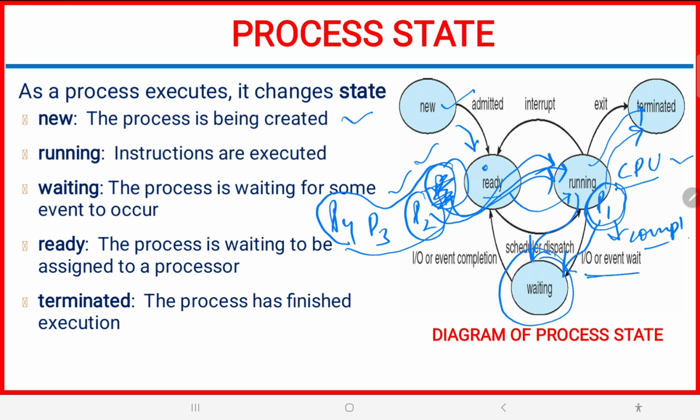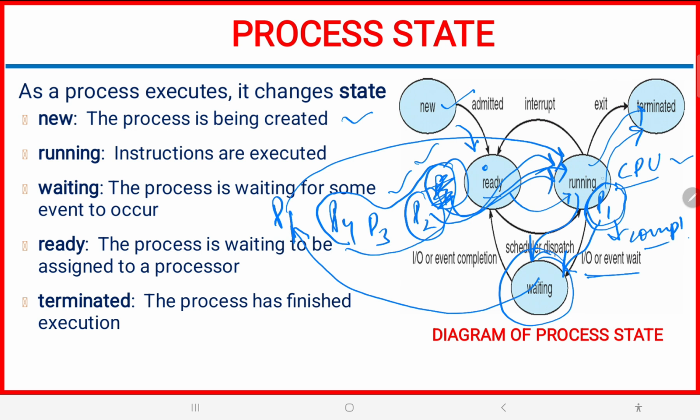Now at this juncture, P1 was waiting for some IO activity, and let's suppose that IO activity is complete. So again this P1 is brought into the ready queue at the end of the queue, because it now needs CPU to do its remaining execution. So again this P1 will get its turn once the processes which are waiting before it complete their job. This will again gain the access of